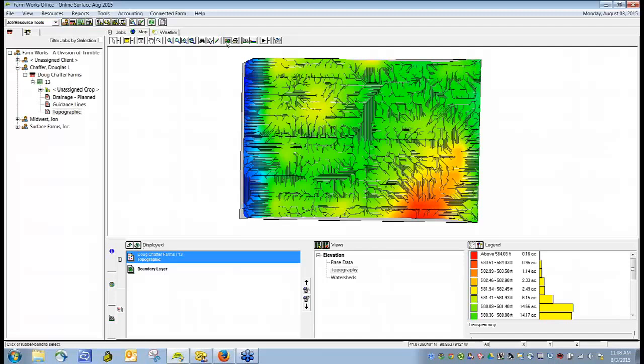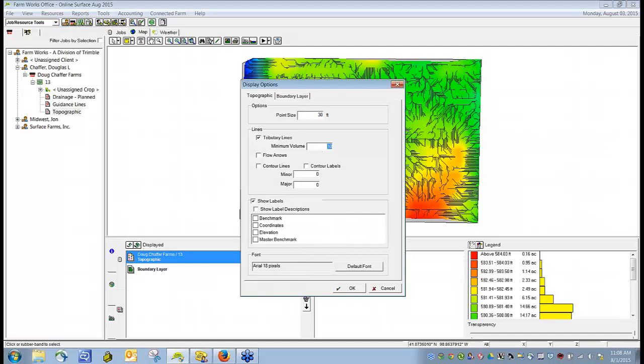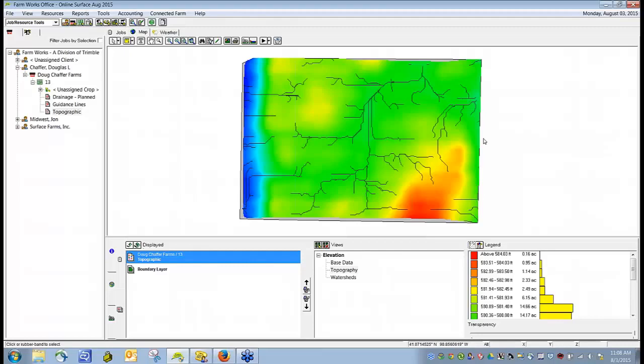If I go back to that, and I bump that number up to 200 this time, at that point you can get a pretty good indication of where your main drainage channels for that field are located. You've got a natural cleft that falls down through the center of the field from south to north, and then it naturally drains off to a common point in the northeast corner of that field,